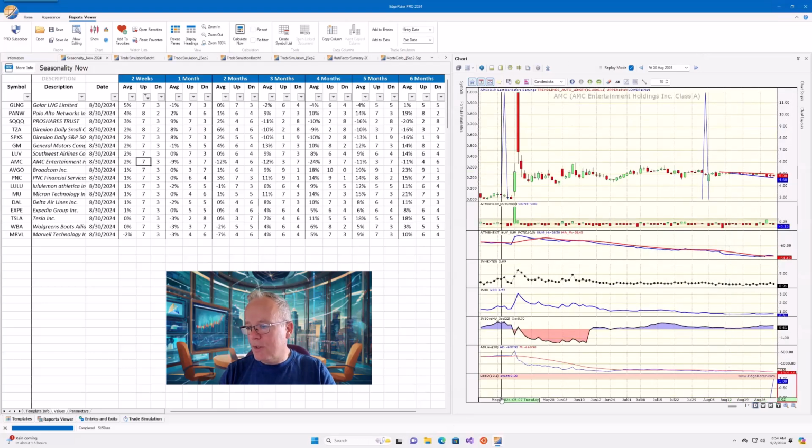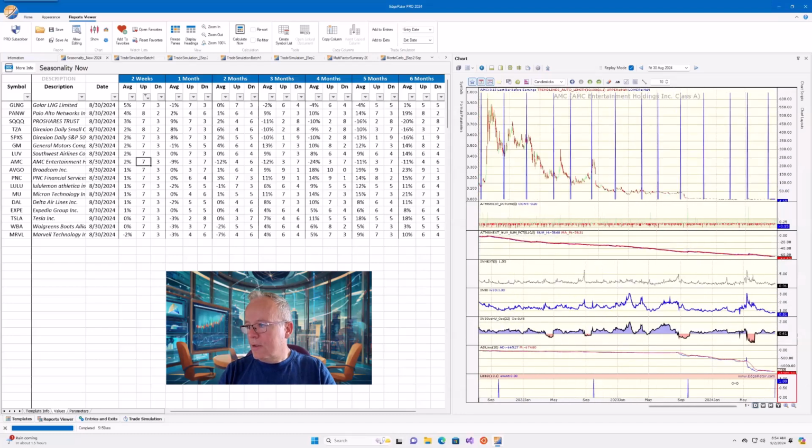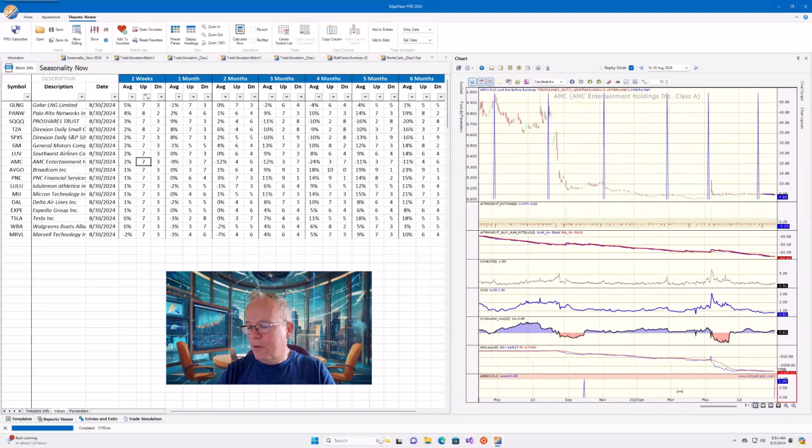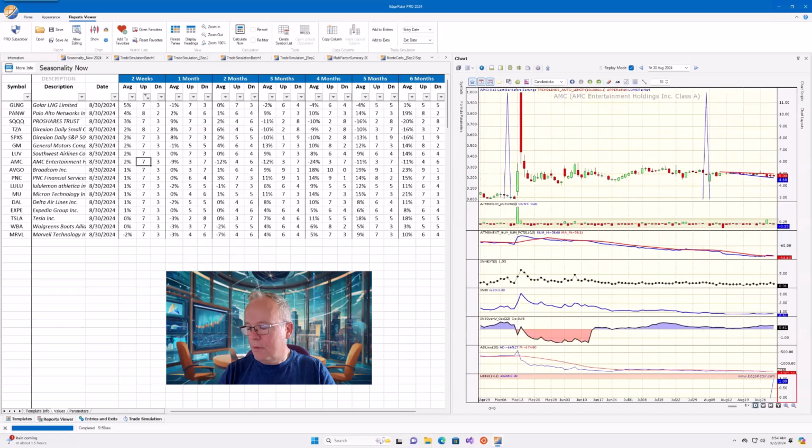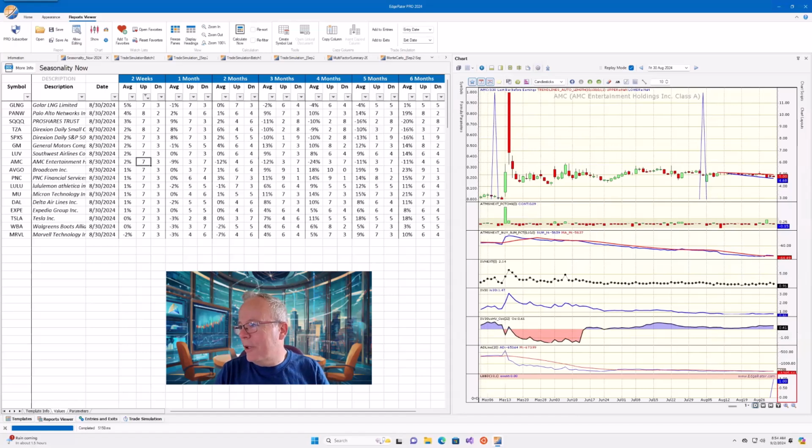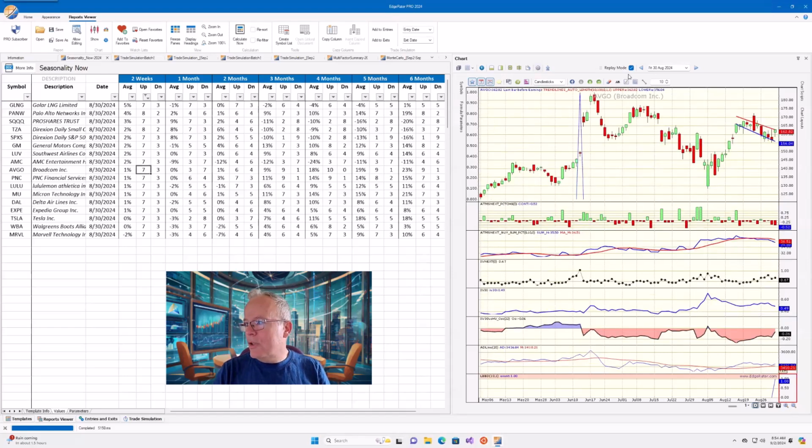AMC, as everyone knows, is the crazy stock, along with GameStop. Okay, nobody knows why these things move. It was some internet thing, right? Okay. AVGO, interesting stock. I was paying attention to that last week, but it has a 7 and 3, but only 1%. So we're getting down into lowish numbers over a 2 week period. Maybe not so interesting. So yeah, I'd put these on the list, look at them next week.